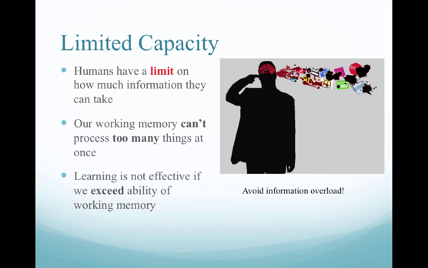Our brain's working memory is what we use to learn information. It has a limited capacity. According to Mayer, there are three types of processing: essential, extraneous, and generative. Mayer says that learning is good when it reduces extraneous processing, which is used for unrelated things, and promotes generative processing.